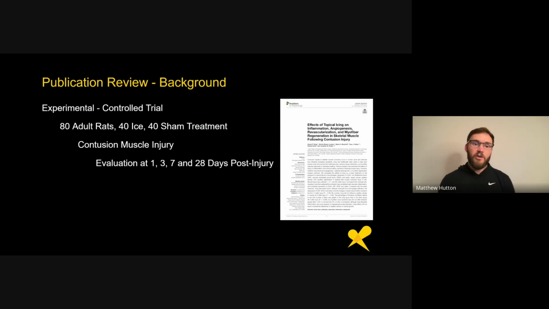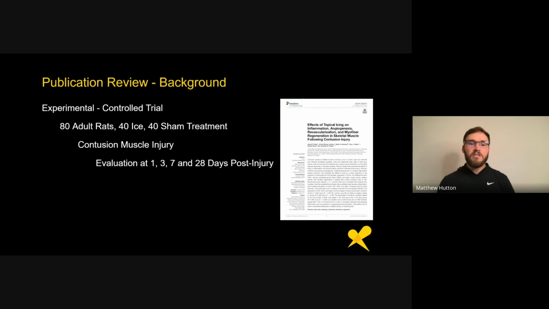In this study, they took 80 adult rats. For a singular study, I suppose that's a decent sample size, but one, we're applying this to humans, and two, we're applying this to the general public. We wouldn't accept 80 people as a sample size in a human controlled trial. Why are we accepting it as gospel for a rat study? It doesn't make sense to me. Anyway,